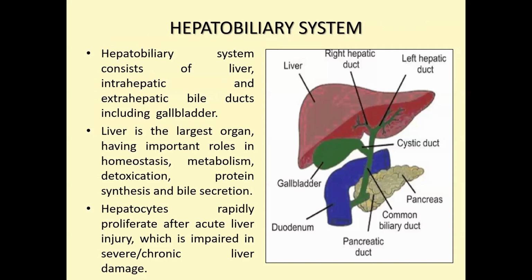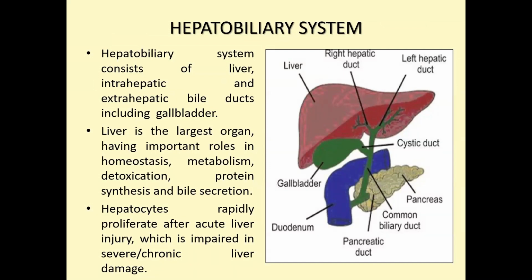The liver, right and left hepatic duct, cystic duct, common bile duct, gallbladder, which drains in the second part of the duodenum. So the bile is secreted into the second part of the duodenum. And any obstruction there leads to different types of jaundice because of liver failure due to obstruction, mechanical or medical conditions. So this is the hepatobiliary system, and the liver is the largest organ in the abdomen and has important roles